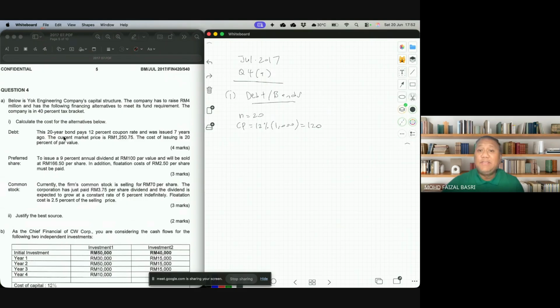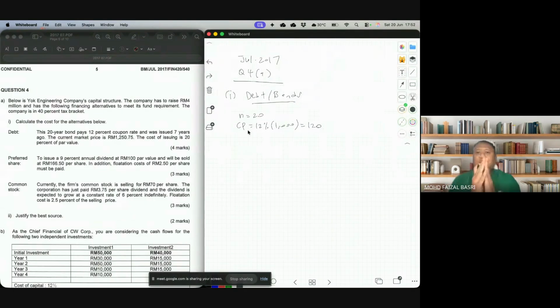So untuk soalan ni dia tricky sikit. Walaupun dia N20, but it was issued 7 years ago. Okay, so benda ni tak pernah berlaku dalam soalan-soalan tadi. So untuk guru-guru tadi tu dia tak nampak ni. Okay, so what I'm going to do, we have